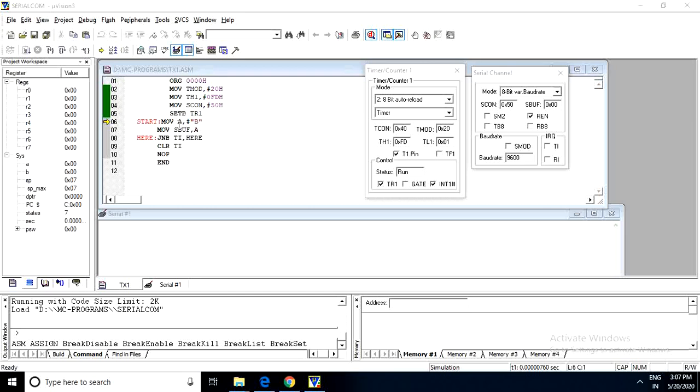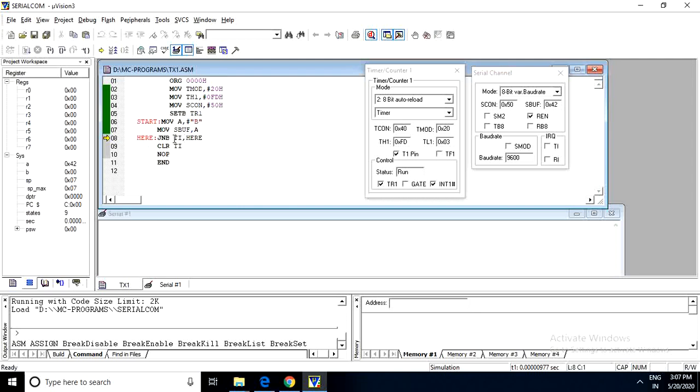Then B is moved to the A register. Here you can see that the ASCII value of B will be moved to the A register. The ASCII value of B is 0x42, that is 42H. It is moved to the A register. From A it is moved to the serial buffer. It is transferred to the serial buffer.